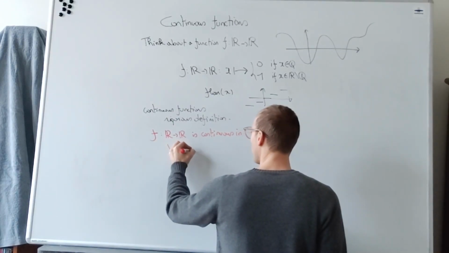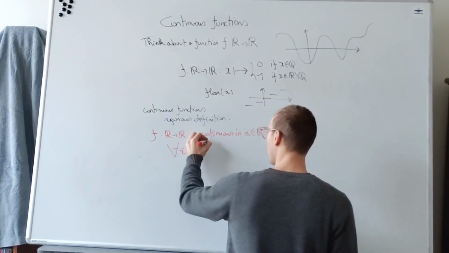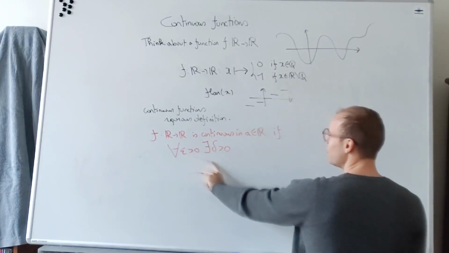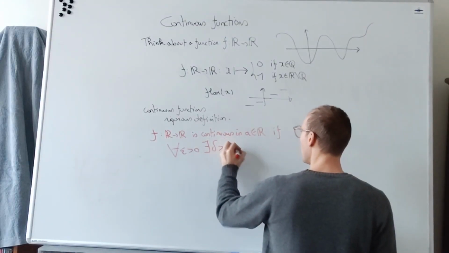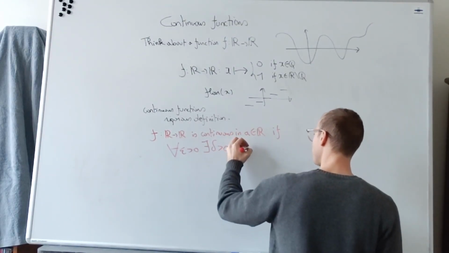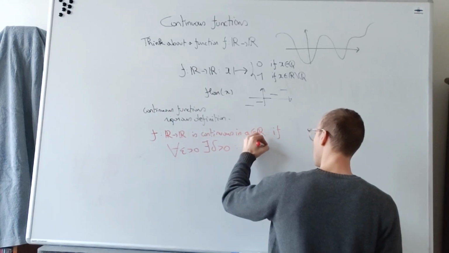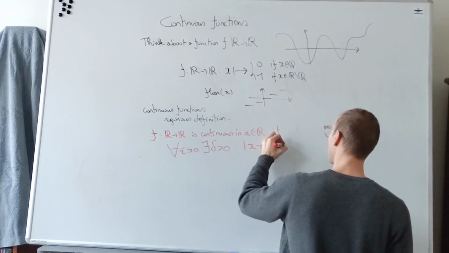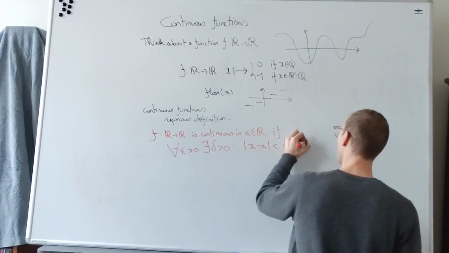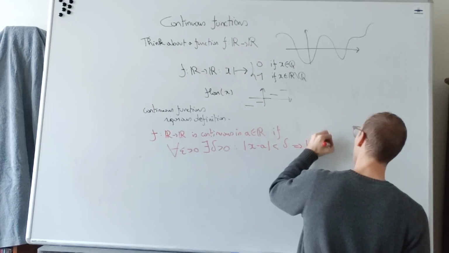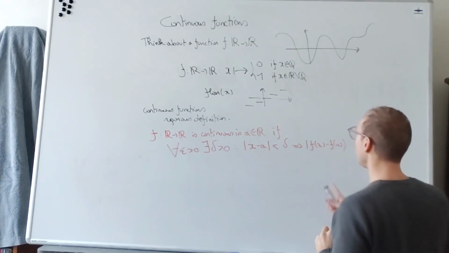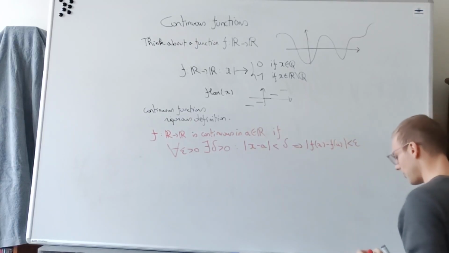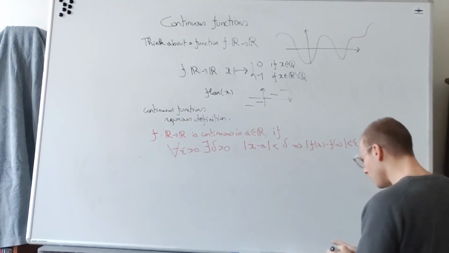If for every epsilon bigger than 0, there exists a delta which is bigger than 0, such that it holds that if the absolute value of x minus a is smaller than delta, then the absolute value of the difference between the function values in x and a is smaller than epsilon. Let's draw what this actually means,